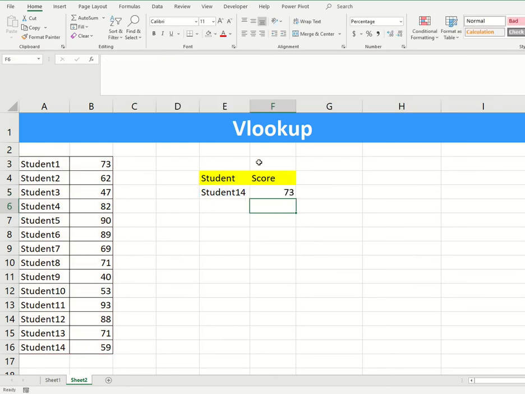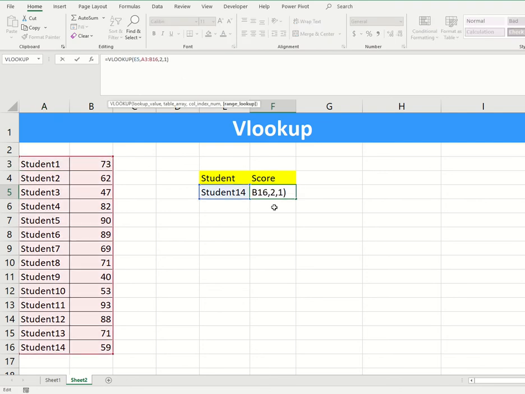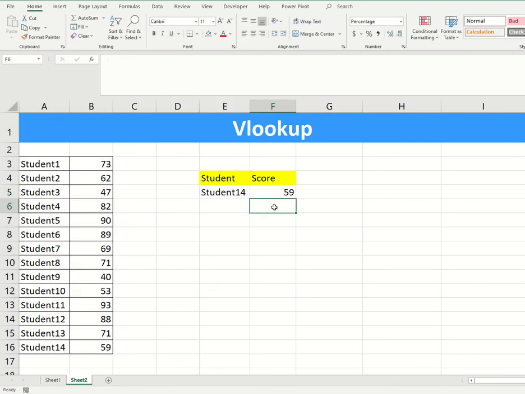Let's say the student name is common, so wherever that student gets matched, it returns the corresponding value. That means in approximate match it looks up the student, and once matched, it returns the first lookup value, that is 73. But remember, always try to use the exact match, that is with input 0.